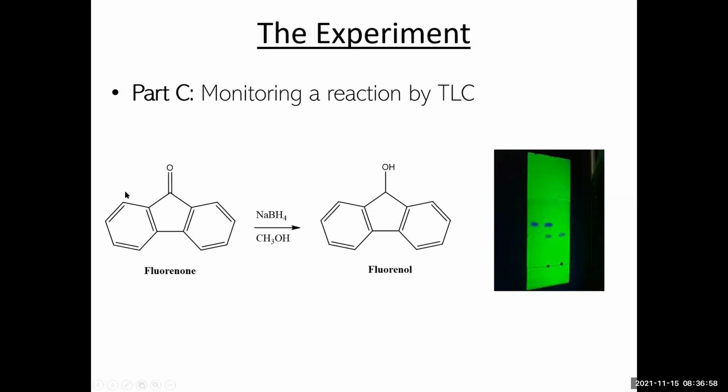So one thing to note, right, is it kind of makes sense that as our product is more polar than the starting material, alcohols are more polar than ketones, then we're expecting the product spot to have a lower Rf than the reactant spot. So this is something that would make sense for a complete reaction or conversion of fluorenone to fluorenol. But this isn't one that has looked at several different time points, so yours will look a little bit different.